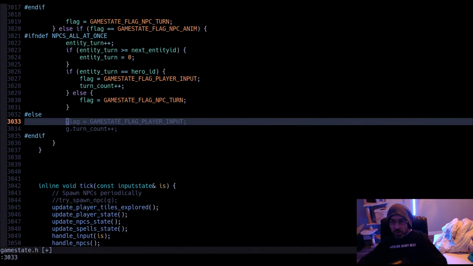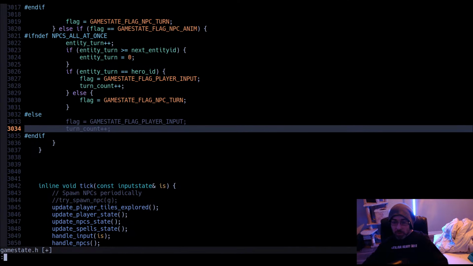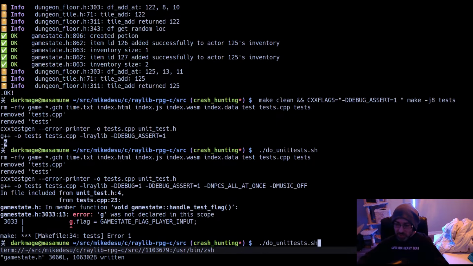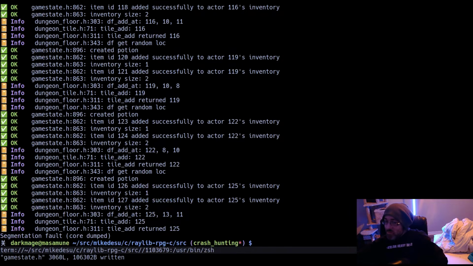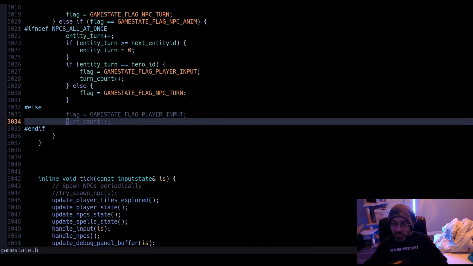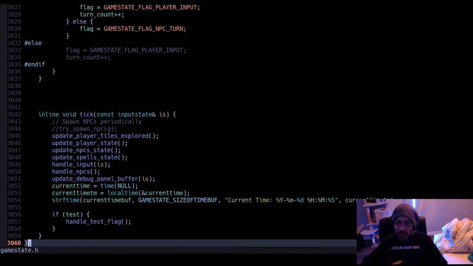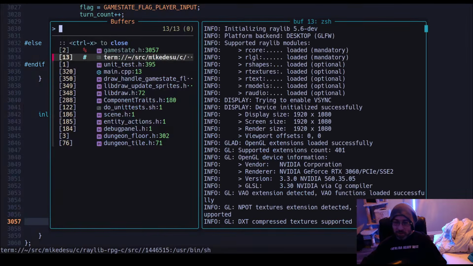Oh yeah. Because of the compiler setting, I gotta update something. Core dump, sick. Oh man, that's awesome. Okay. What happened there?